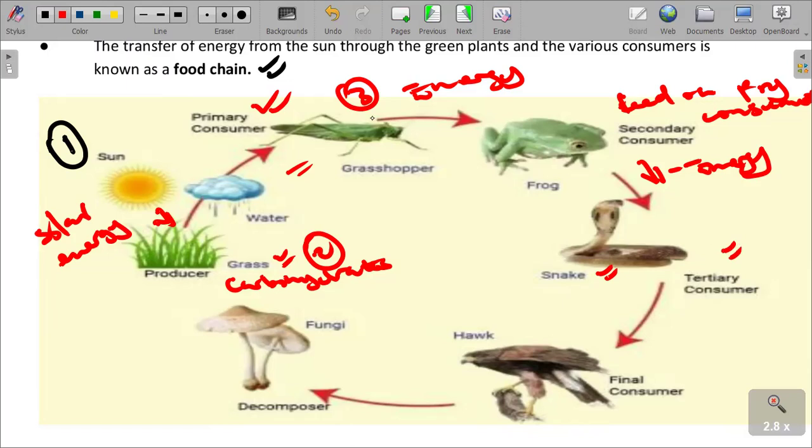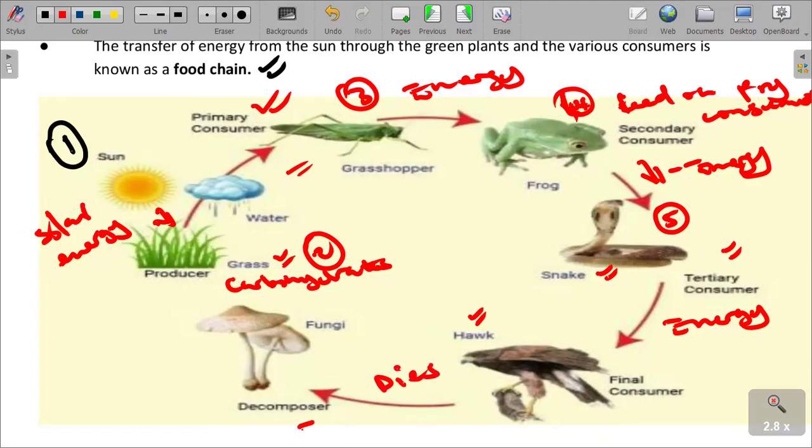So as you can see, we said three, therefore here we have got four, and then we have got our five, the snake, and then the snake also passes the energy. When it eats the frog, it has got its energy, and then the energy of the snake is also eaten by a final consumer, which is a hawk. A hawk eats the snake, and then the hawk dies,